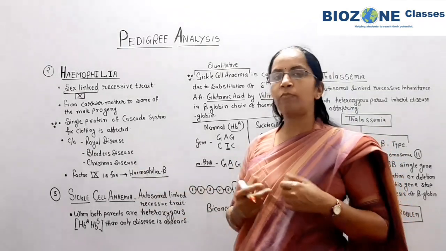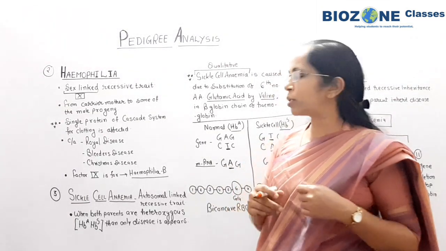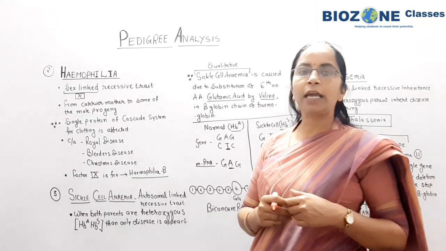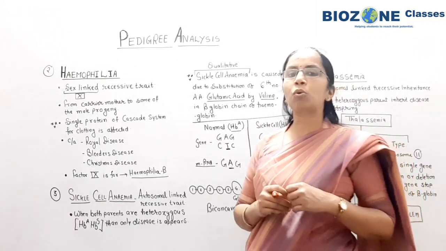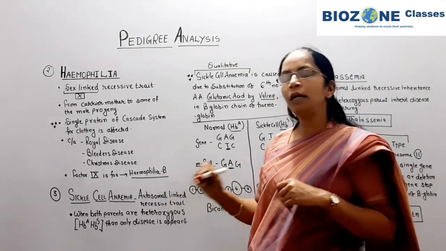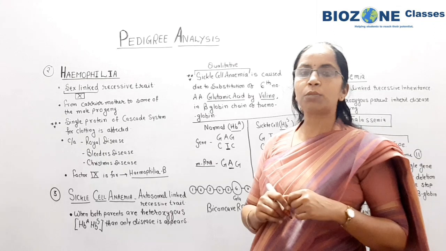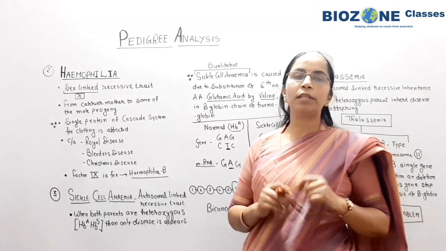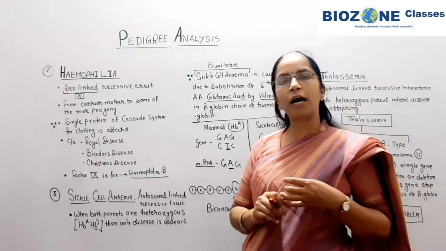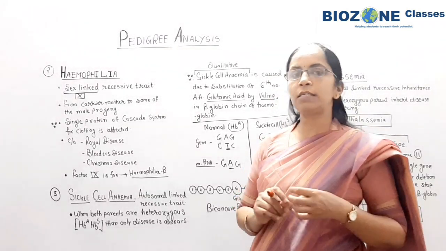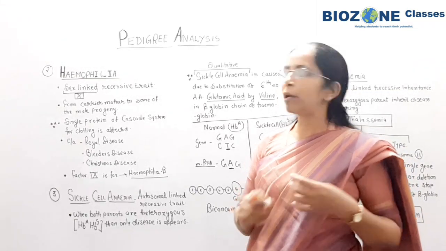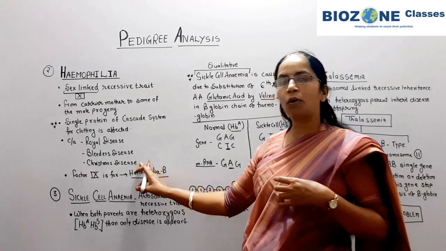Christmas disease is another name for hemophilia, because normally we study two types of hemophilia, hemophilia A and hemophilia B. The most common type of hemophilia, you remember, is hemophilia B, which is caused by the absence of the ninth factor. So due to absence of the ninth clotting factor, the disease appears. Factor 9 is commonly called the Christmas factor, and because of that the disease is also called Christmas disease.